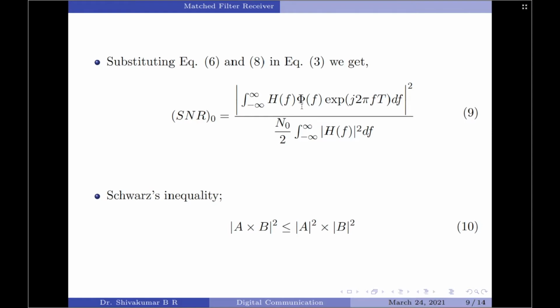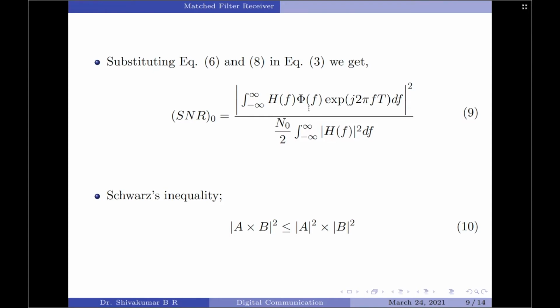So, to find the solution to this optimality criteria, we apply a mathematical result called the Schwarz inequality, which is of the form: magnitude square of the product of two components is less than or equal to the product of the magnitude square of each of the components. So we will now apply this particular equation to the numerator of equation 9, because you see we have